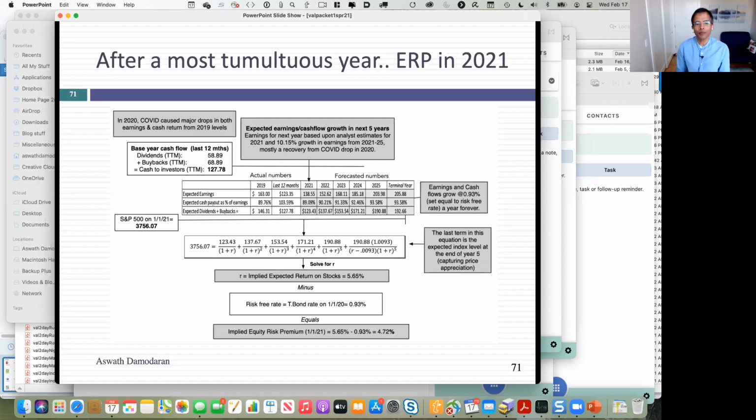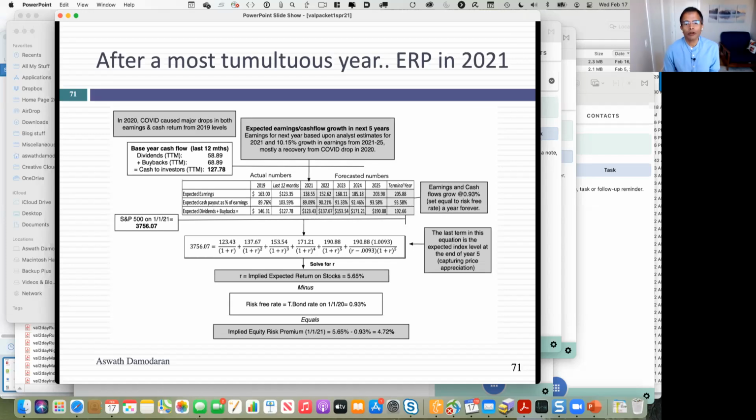If I solve for an expected return based on what people are paying for stocks, which is much more than they were at the start of the year, and what they were getting as cash flows, which is actually much lower than it was a year ago, I get a fairly troubling number. I get 5.65%. Just to give you perspective, do you remember what that number was in 2008? It was 8.4% and it jumped to 8.6%. It's been about 8% for most of the last 20 years. Started 2020, dropped to 7.12%. Started 2021, investors were pricing stocks to earn about 5.65% a year.